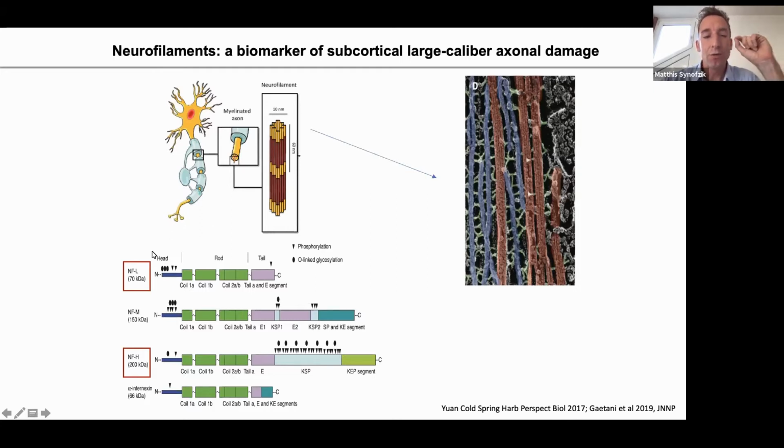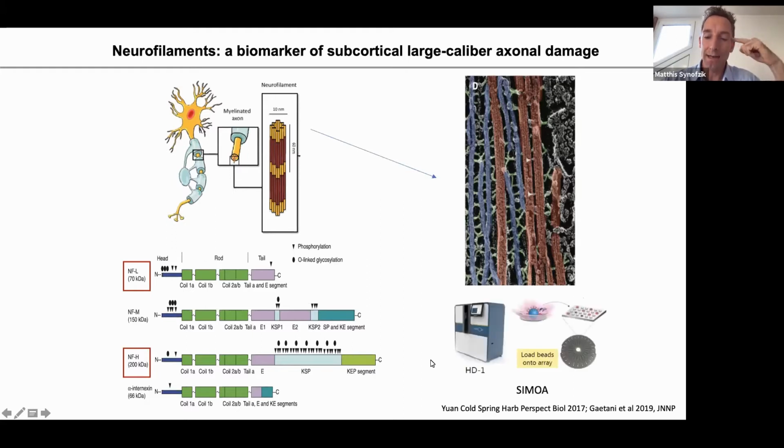We are going to study two neurofilaments, neurofilament light chain and neurofilament heavy chain. They differ in their protein weight and by the fact that neurofilament heavy chain does have a phosphorylated component. So this is why we call it phosphorylated neurofilament heavy chain. And we are going to analyze this by the SIMOA. The SIMOA stands for ultra-sensitive single molecule array. It works a little bit like a digital ELISA, and the assay has a much higher sensitivity than a usual ELISA, and this allows us to capture those originally neuronal proteins even in the blood, as needed for trials.